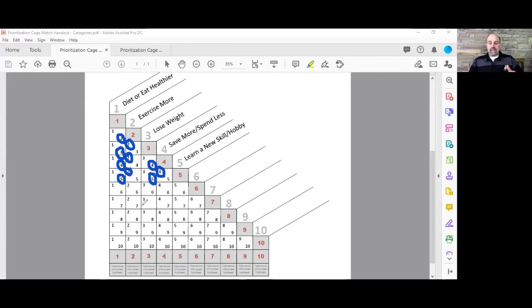And that brings me to the end of mine, since I've only identified 5 items that are possible priorities for me. So now the next step is I have to look at each of these boxes and see what I've selected for each number. So in the diet or eat healthier, this is just simply, since it's the first one,